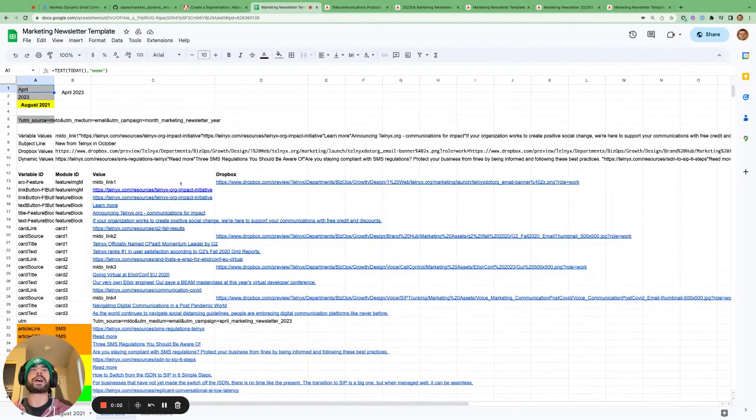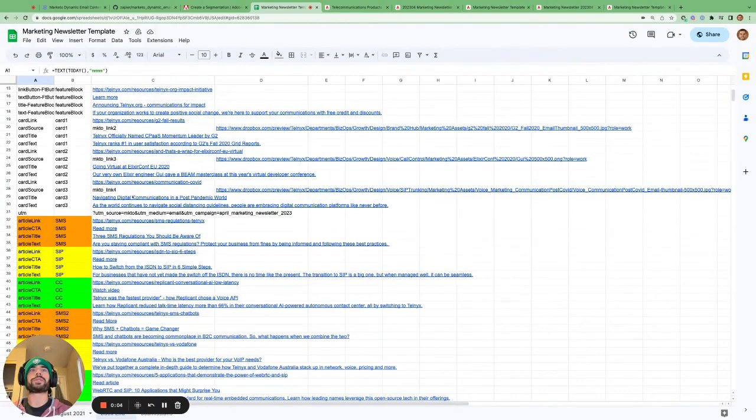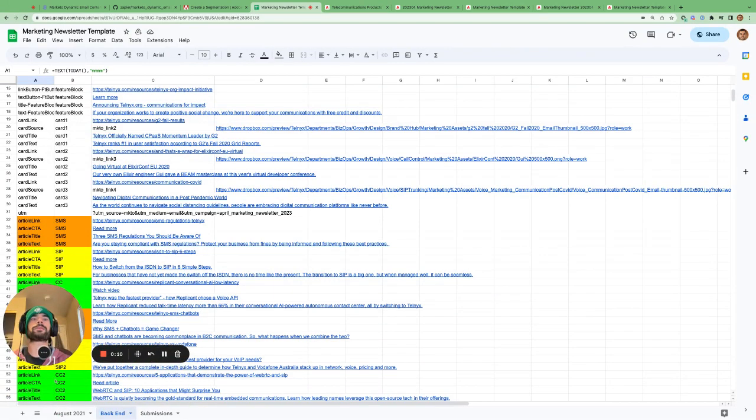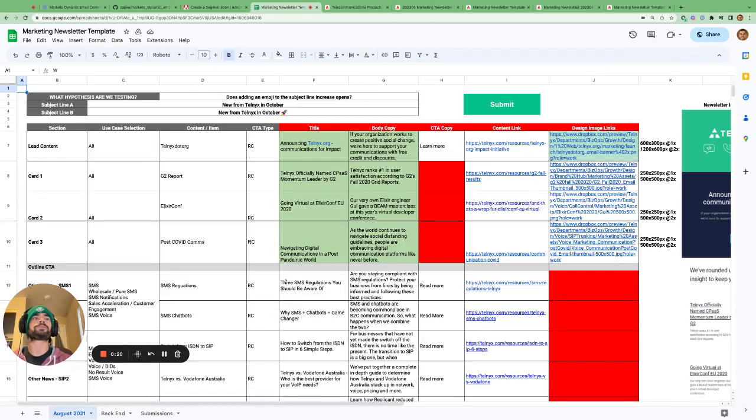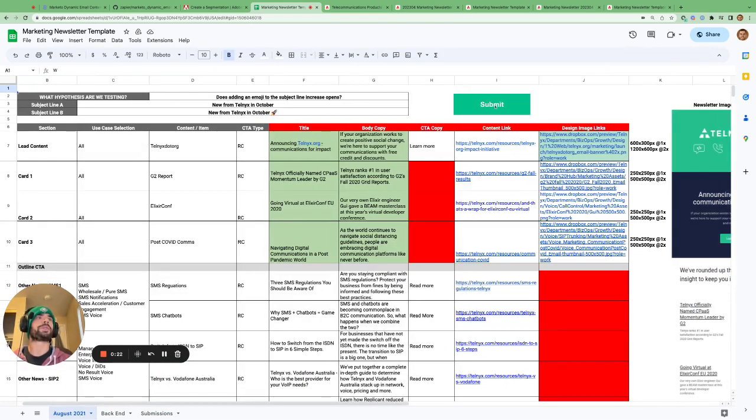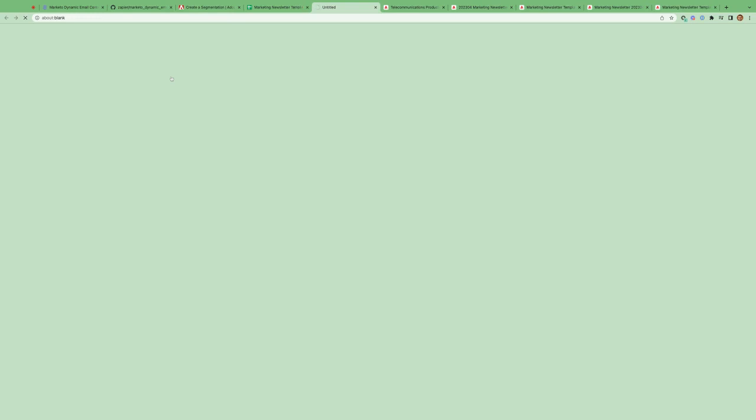Okay, so now that we have all our variables and the values we want to set these variables to set up and formatted very nicely in the backend tab here, we then need to figure out how to get this information from the backend tab into the submissions tab so that we can get it into Zapier. And the way we do this is by using a button that's tied to a Google script. So if we open up App Script here,